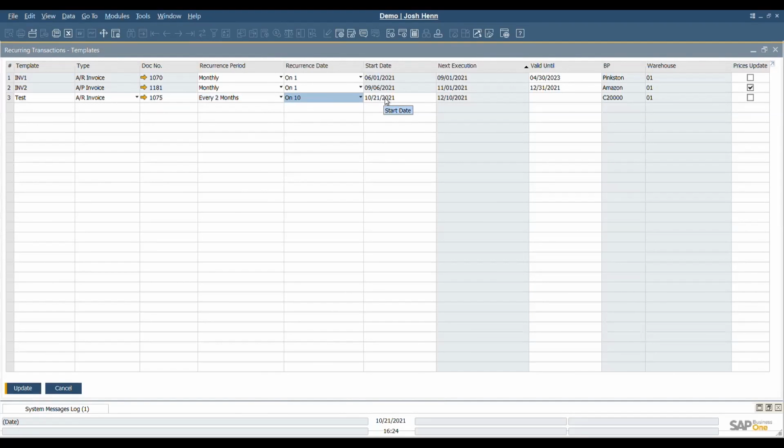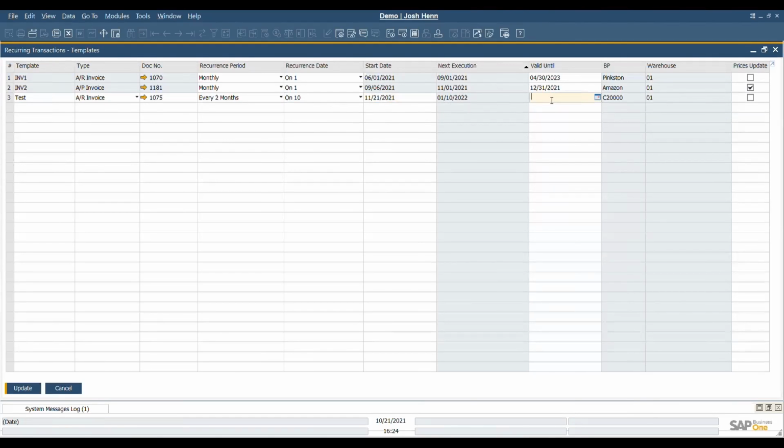So on the 10th of every month, every 2 months, we'll issue the AR invoice for the 5 printers. Here we can assign the start date, and we'll do it as next month. So we'll start on the 21st of November, and then because we're doing it every 2 months, we'll have it on the 10th date of every 2 months. The next transaction will be on the 10th of January. Now the valid until date is whenever we'd like to stop this.